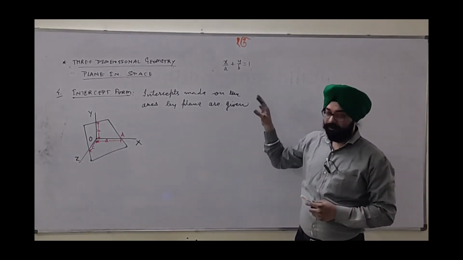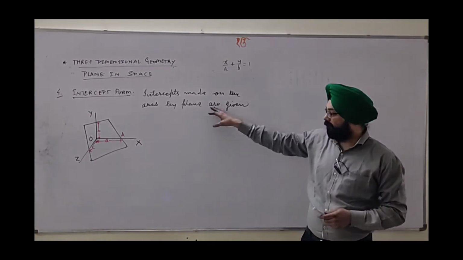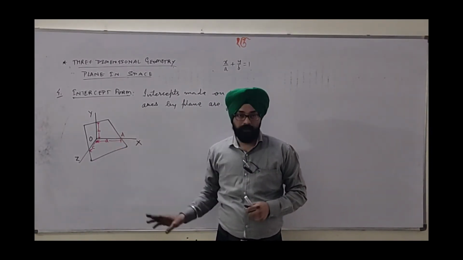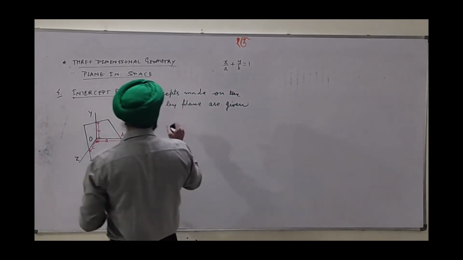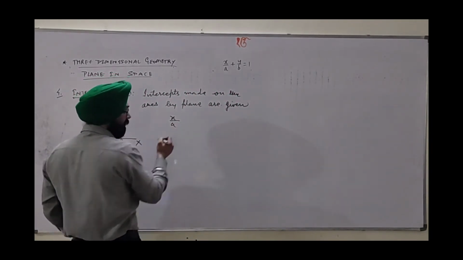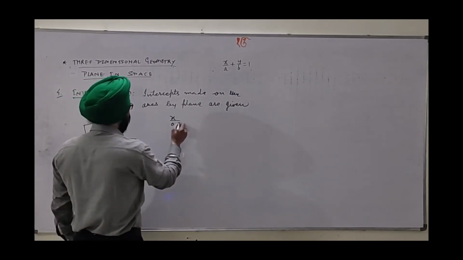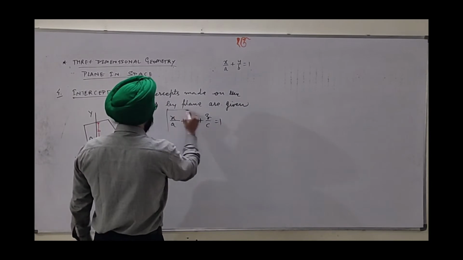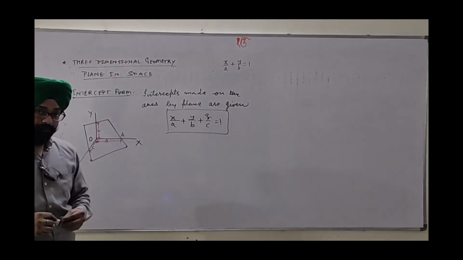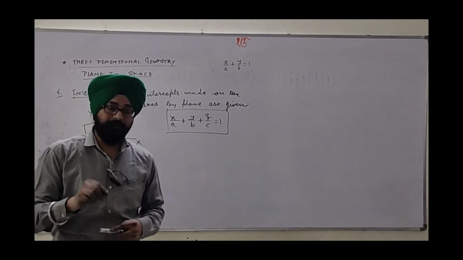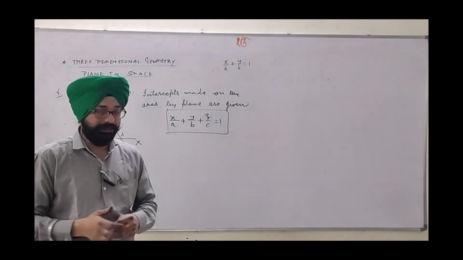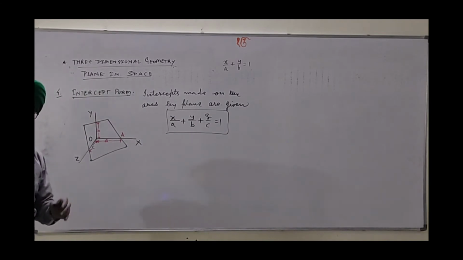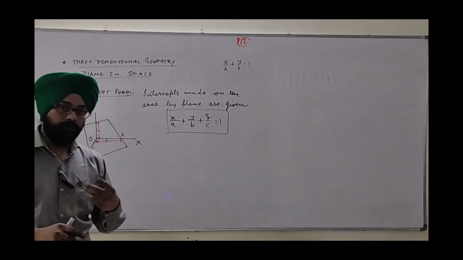Okay. Similarly, the equation of the plane which makes three intercepts on x, y, z axis respectively, small a, small b, small c, we write its equation in Cartesian form in general, which is convenient for students actually. x upon a plus y upon b plus z upon c equal to 1. This is known as intercept form, where small a, small b, small c, I will repeat, are the intercepts made by the plane on the axes respectively. a for x, b for y, c for z. Okay, still I will give you a hint how to derive.